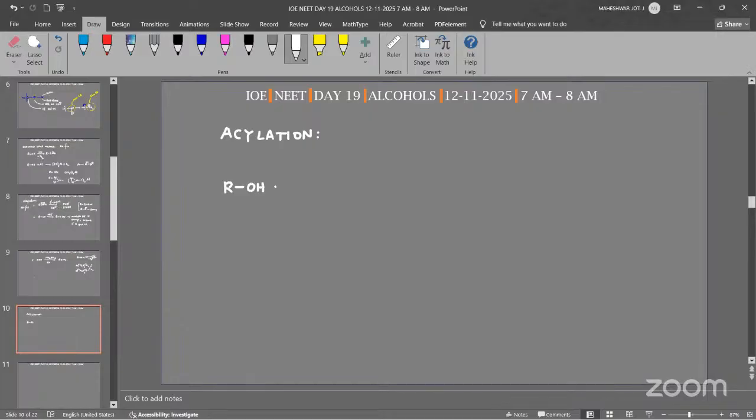Alcohols react with carboxylic acids in the presence of an acid, like concentrated H2SO4, right? To form,